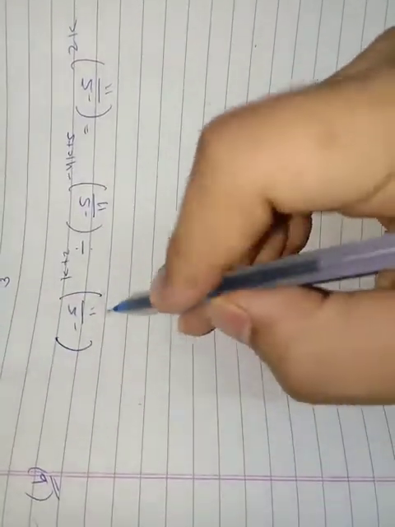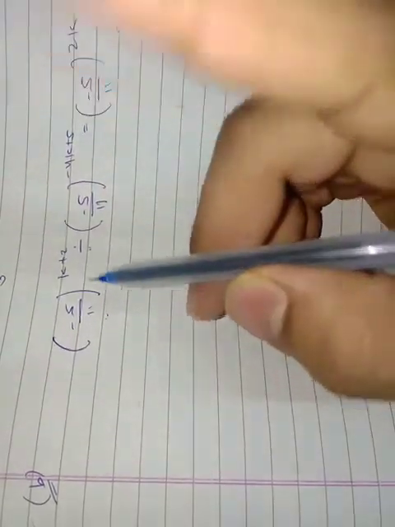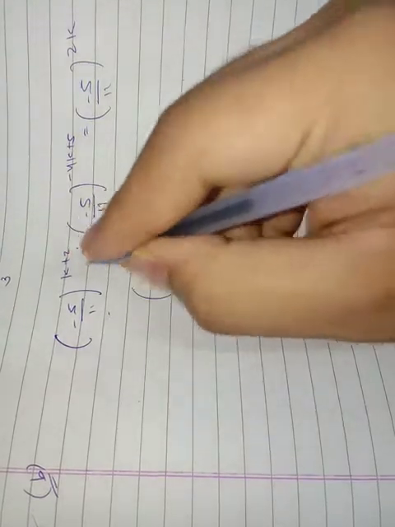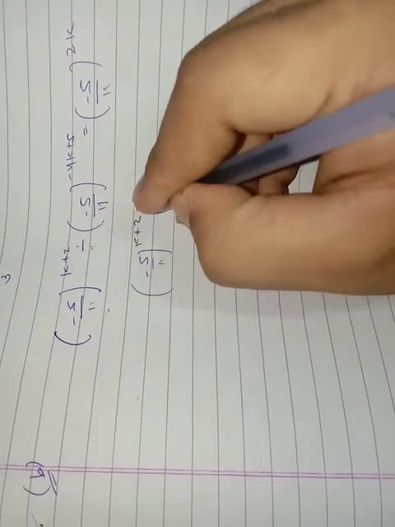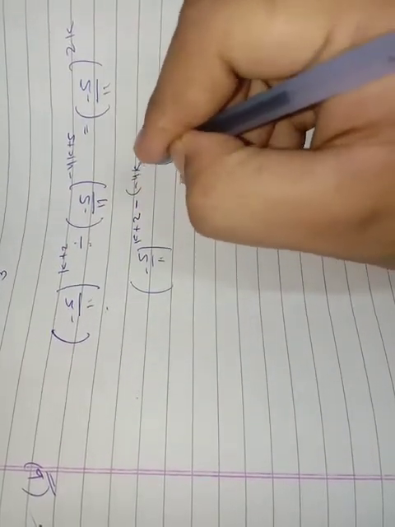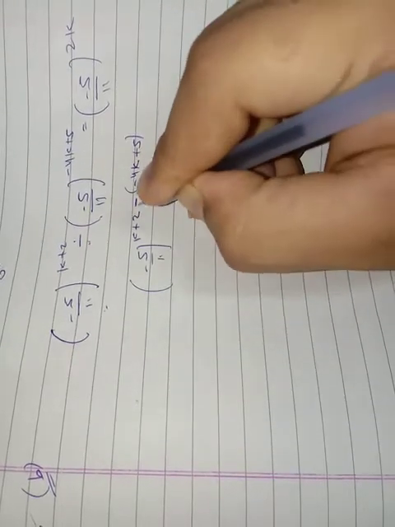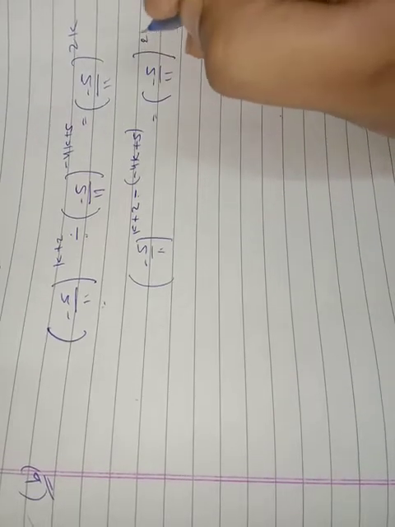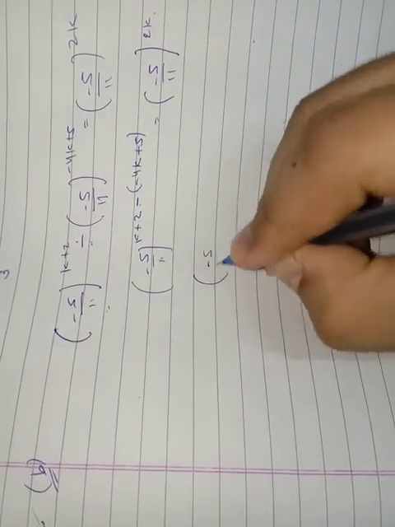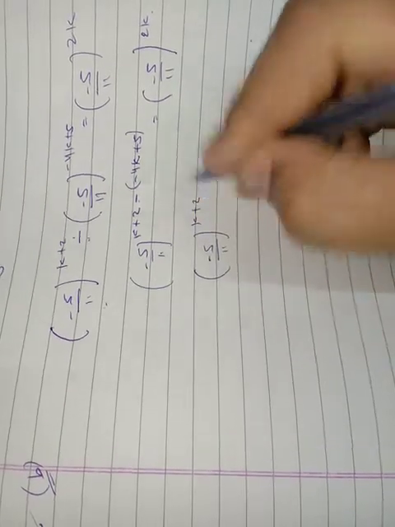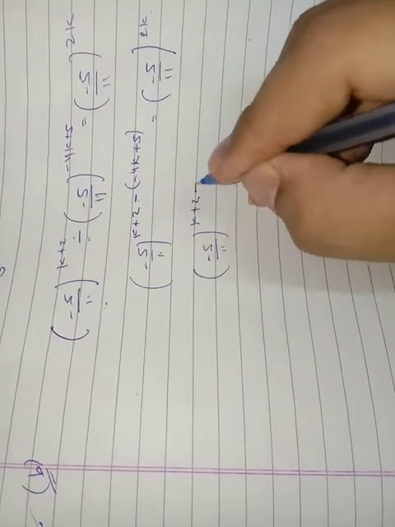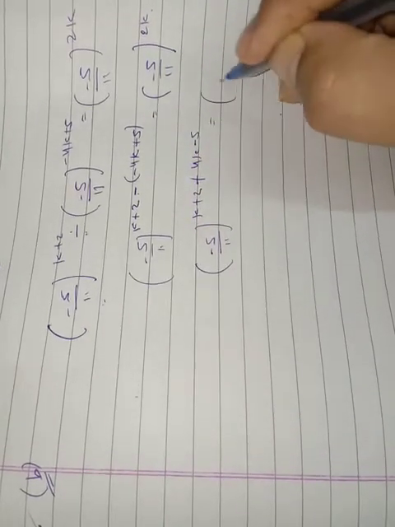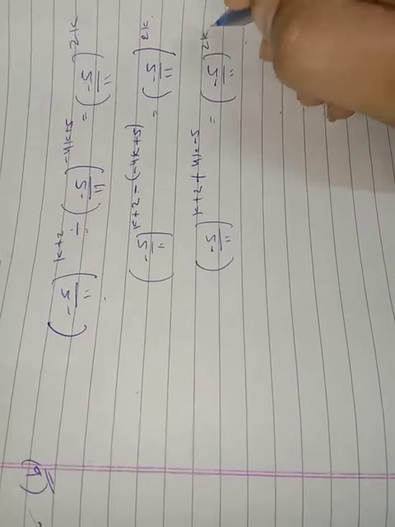Now look carefully. Base same, divide is there. So for divide, we have to do the subtraction. So minus 5 upon 11, subtraction means what? K plus 2 minus the subtraction of minus 4k plus 5. Clear? Minus is there, so I put the bracket. Here also minus 5 upon 11 power 2k. Now minus 5 upon 11 power k plus 2. Now minus minus will become plus. 4k, minus plus is minus 5, minus 5 upon 11 power 2k.